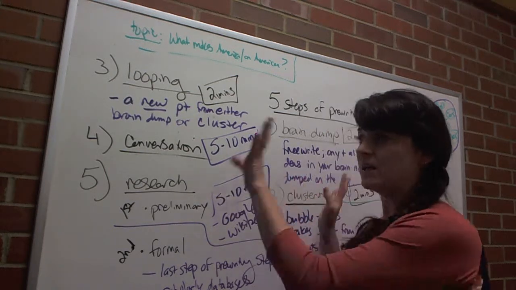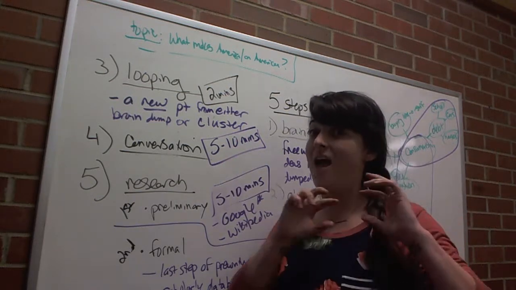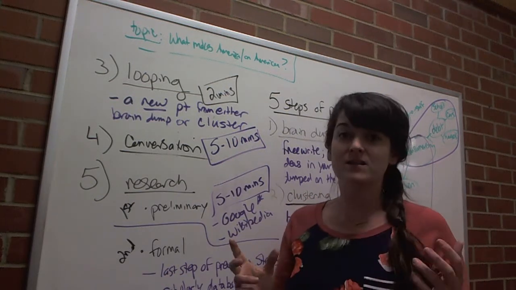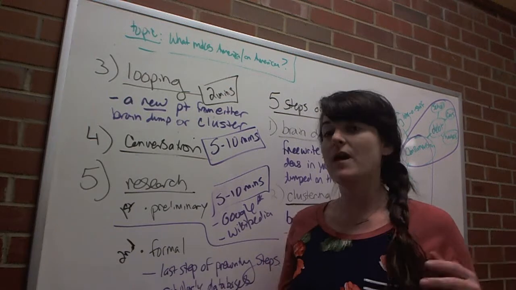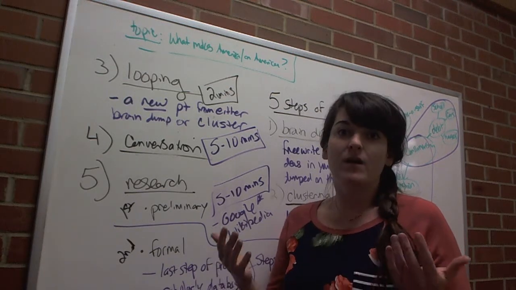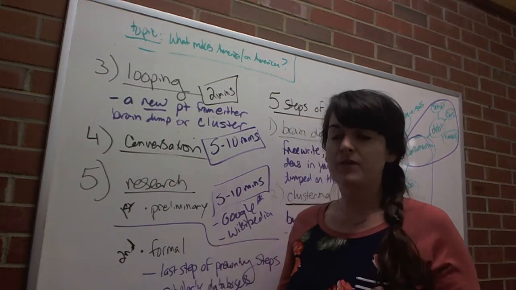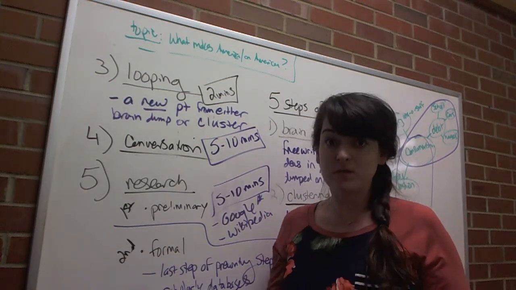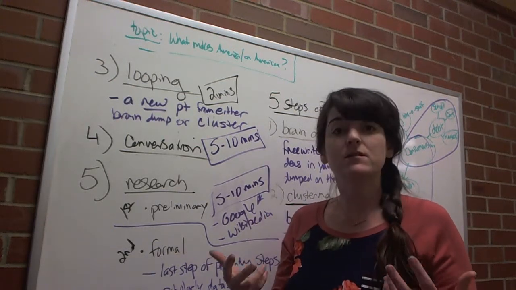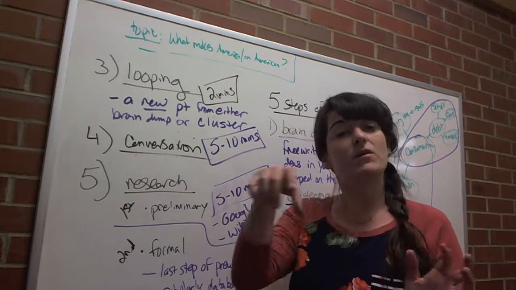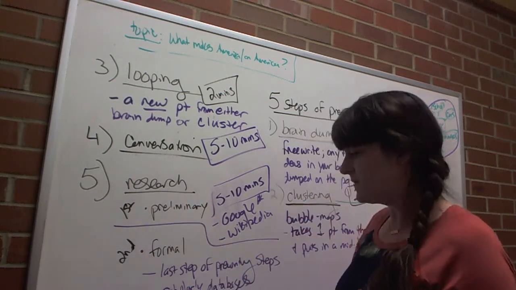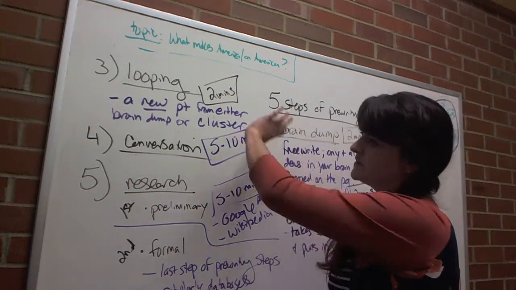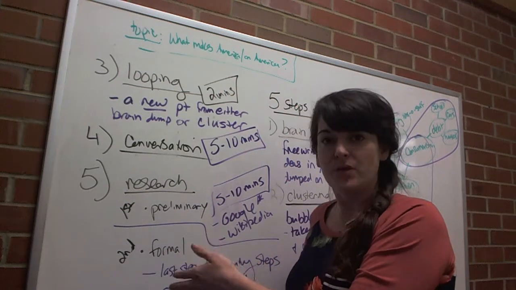This is not just English, y'all, okay? Writing is everywhere. So therefore, pre-writing steps should be used across the board. This is not just for English 111 or English 112. This is anytime you have a piece of writing, you do these 5 steps first to develop ideas, content generation, and then you can be really selective about what you pull. Okay, so you have a lot of steps that you go through before you even pull up a database or